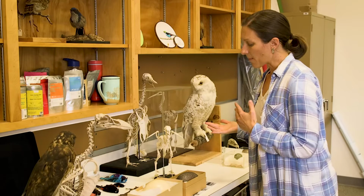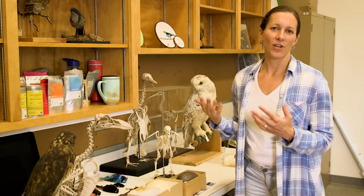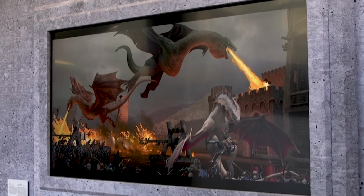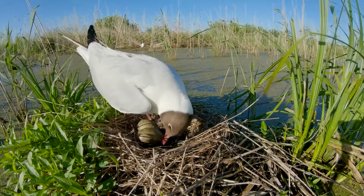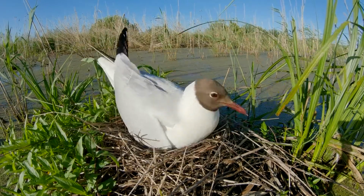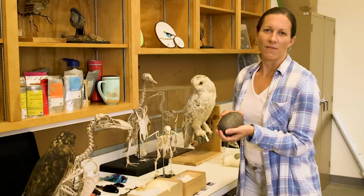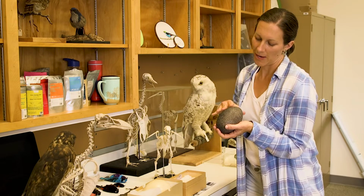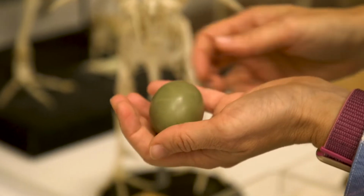And another thing we can talk about is egg color. So in the show, the dragon eggs are all different colors, which corresponds to the different colors of dragons. Now in birds, eggs are much more similar within a species. So what do I mean by that? Well, all emu eggs are going to look kind of this turquoise color. We're not going to find white emu eggs and turquoise emu eggs, but we do across different bird species find a